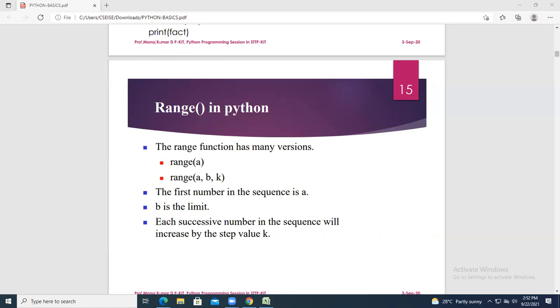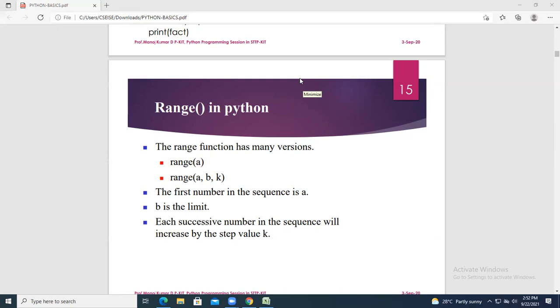Method or a function, whatever you take, both are the same. What is the symbol used to represent the method? Opening. Okay, good. It is opening brackets and closing brackets.